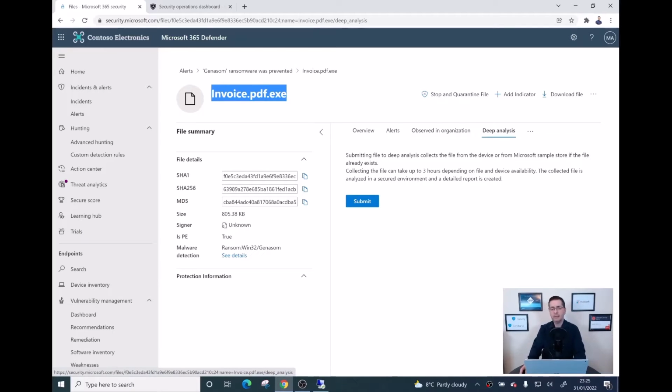If I click on deep analysis, now I can send this file to Microsoft. Microsoft will open that into a sandbox, run all sort of tests, and then in a few seconds, few minutes, I would say, I will get a full report in regards to all sort of connectivity, what are the external IP